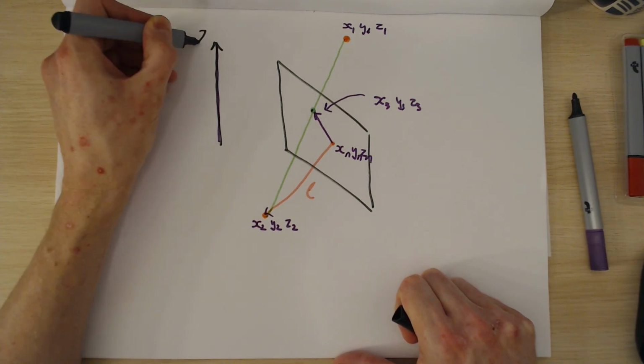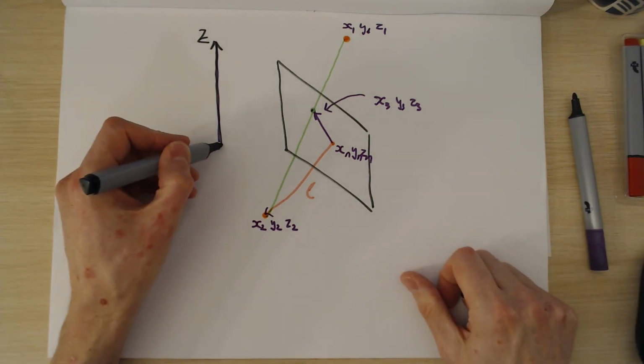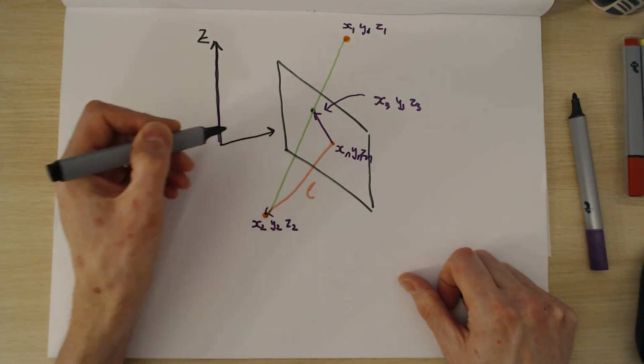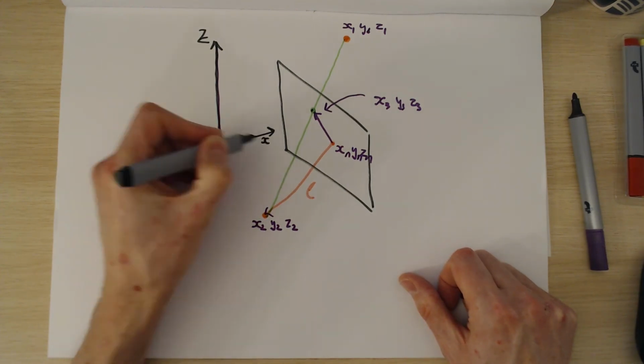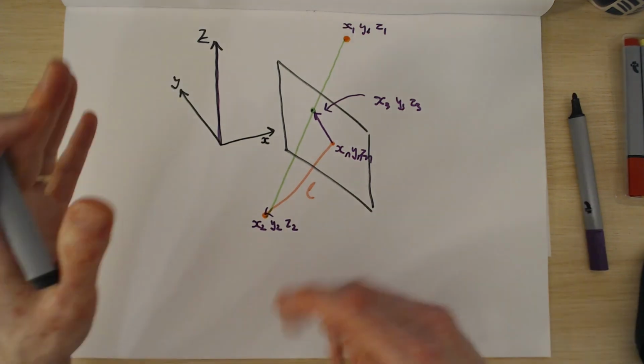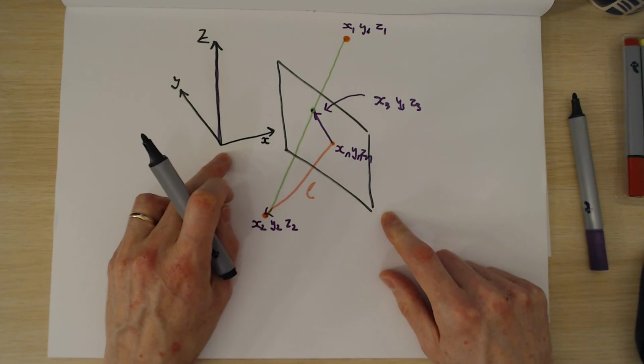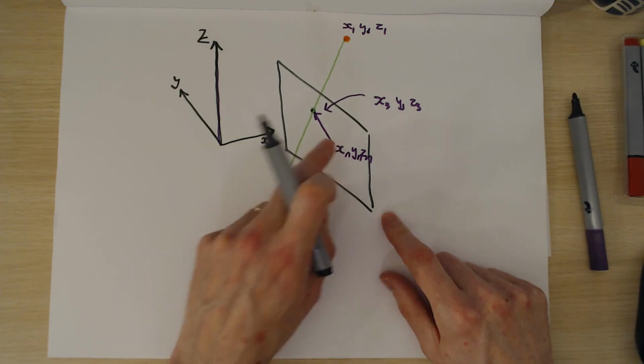This is the z-axis, straight up. This is the x-axis, sort of along. And this is the y-axis. It doesn't really matter which way they point, but they've all got to point the same way. So, in terms of pan and tilt and doing the geometry to work this point out,